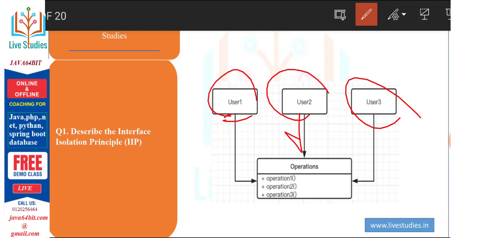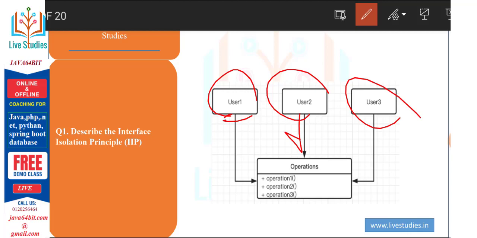So the interface segregation principle is also discussed here. ISP is also called the segregation principle. Okay, the basic definition is that the client should not rely on an interface that it does not need, right? The client should only rely on the methods it uses, because if an interface has several methods, it means its implementation class must implement all the interface methods,